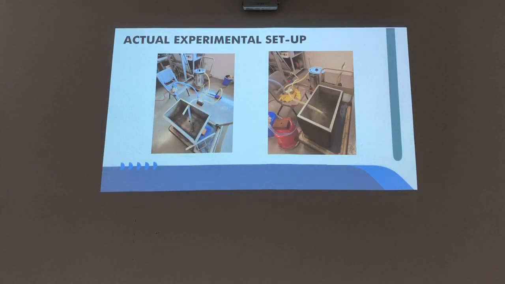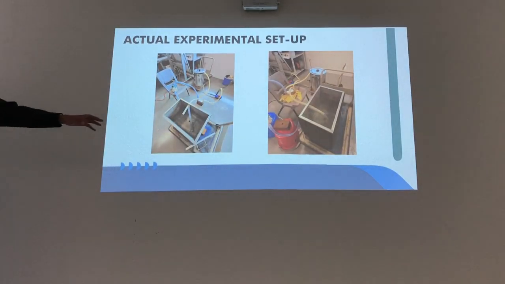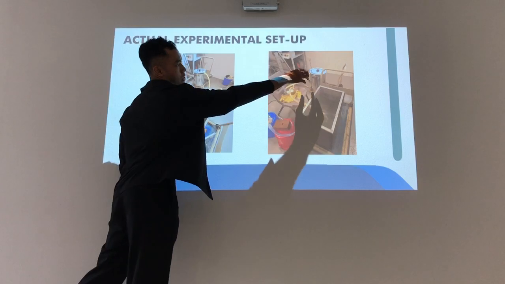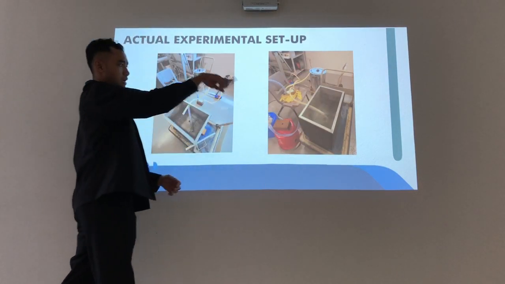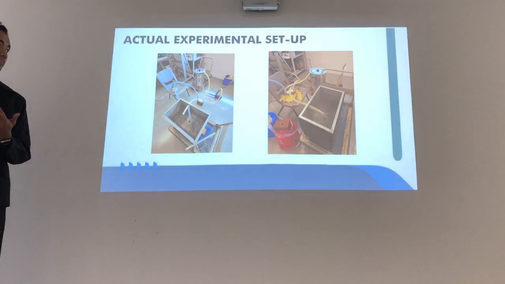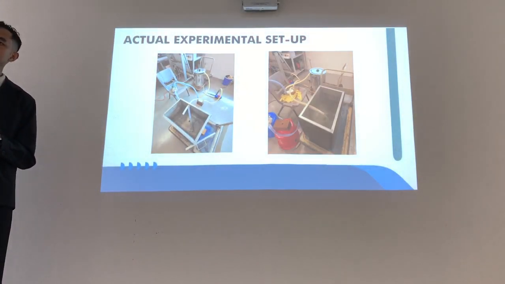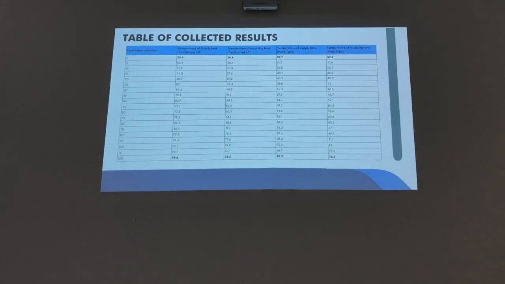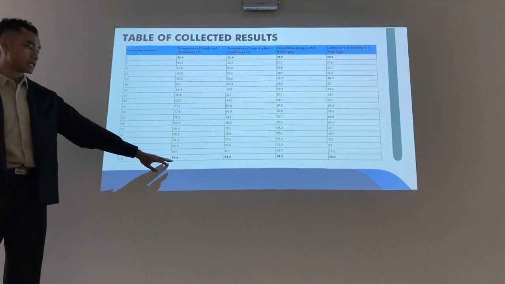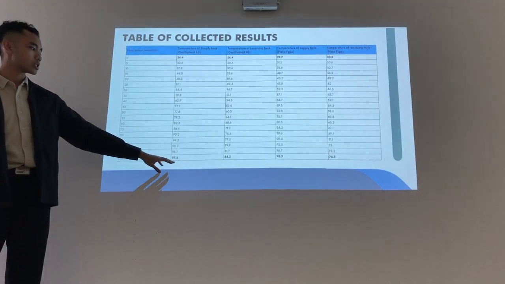Yeah, so this is just a short video of how the system goes. This is the boiler, this is the cold water tank. Then it will circulate over and over again till it reaches a certain temperature. For me, I start the experiment at about boiling temperature, which is about 100 degrees, but due to the